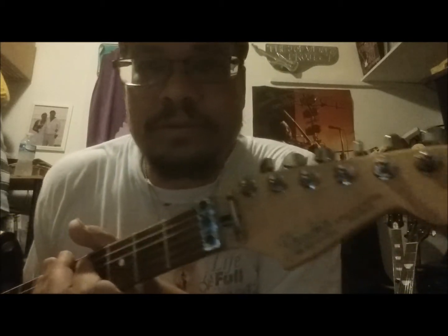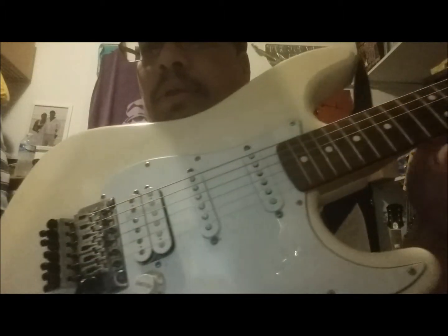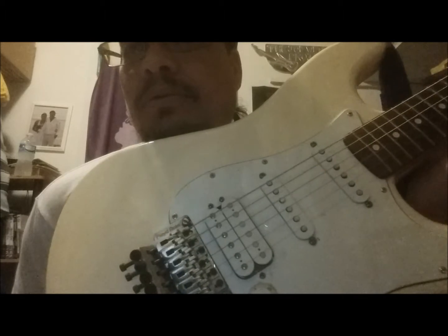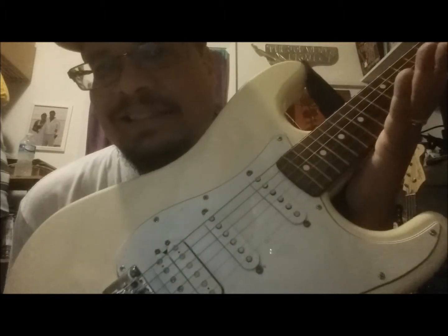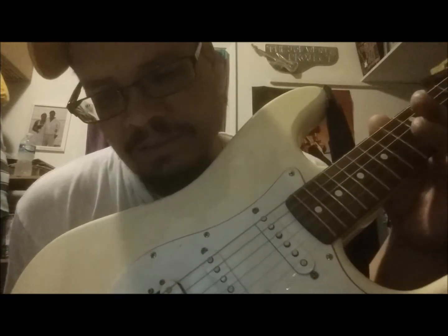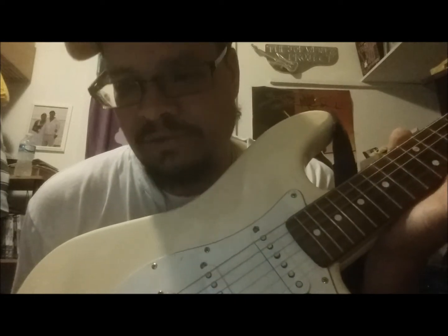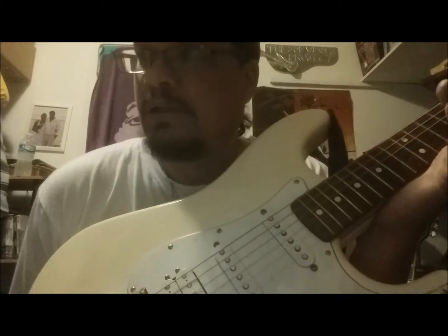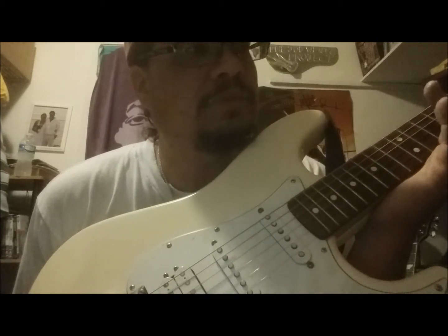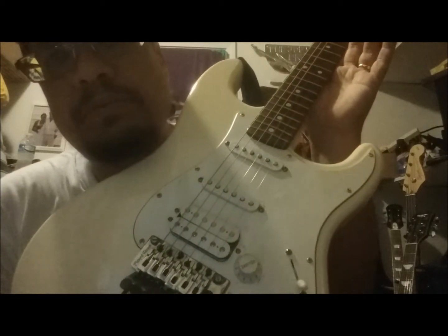All right, next one on the list is my Fender Stratocaster with the Floyd Rose. It's got the 2 single coils, humbucker, and of course the Floyd Rose. I guess you still see these today, but I don't see them much anymore. I haven't really looked for them either, but I've had this guitar for probably close to 15 years, and I got this one out of a catalog,